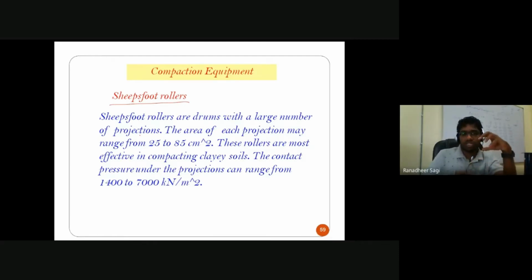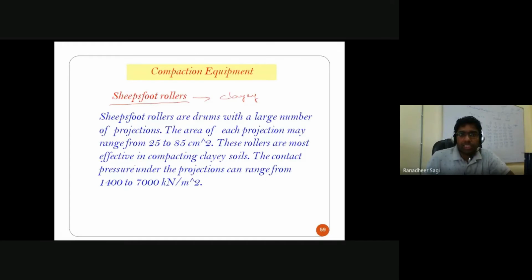impression mean? Because of the extra projection of your sheep foot or your cow foot or any animal foot, the soil grains which are coming in contact with that extra projection get pushed into the ground relatively below the surface, because of which you achieve a relatively better compaction in that particular soil. So these sheep foot rollers are going to be a more effective type of compaction equipment in the case of your clay soil deposits. Whenever you have clay soil deposits in which you want a proper compaction, we prefer to go for what are called sheep foot rollers.